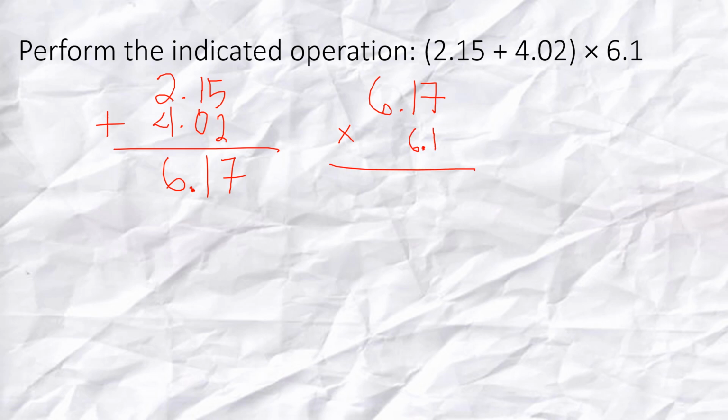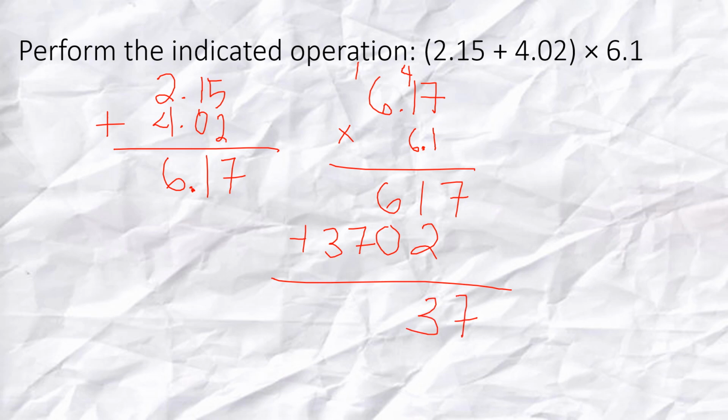As you can see, the decimal points are not aligned, so it's not necessary to align the decimal point in multiplication. 1 times 7 is 7, 1 times 1 is 1, 1 times 6 is 6. 6 times 7 is 42, so 2, regroup 4. 6 times 1 is 6 plus 4 is 10. Regroup 1, 6 times 6 is 36, plus 1 is 37. Then we can now add: 7, bring down, 2 plus 1 is 3, 6 plus 0 is 6,